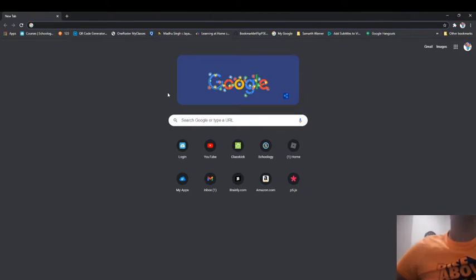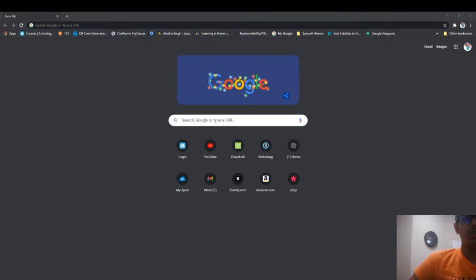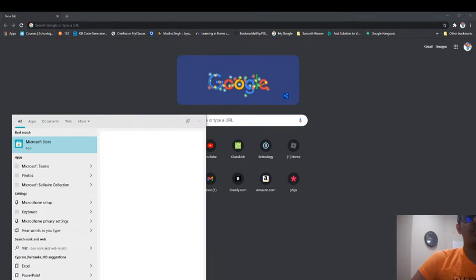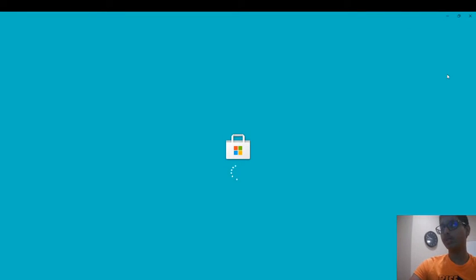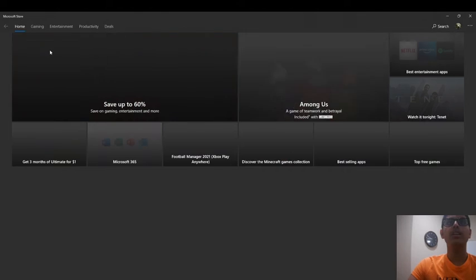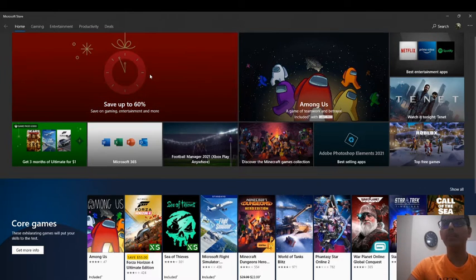Okay, there we go. What I want to share with you guys is text editor and how you can get it. First things first, if you go to the Microsoft Store on a Windows PC, let's say you have a Windows PC, I don't know if it's compatible with Android though.